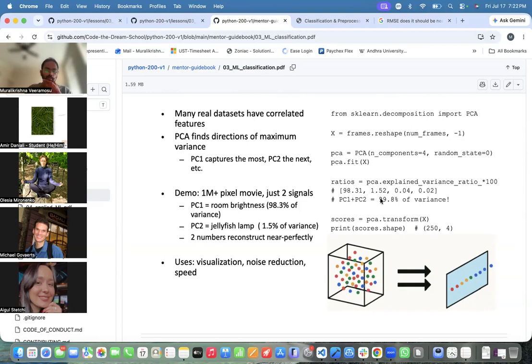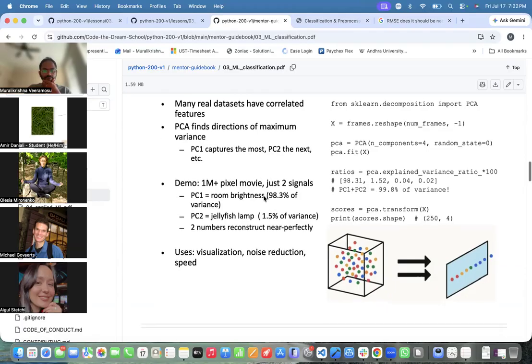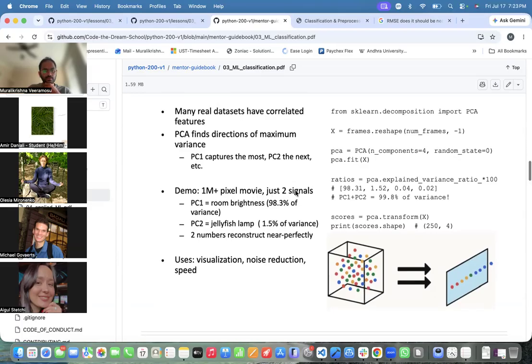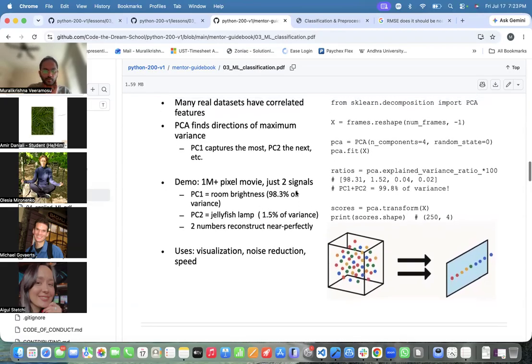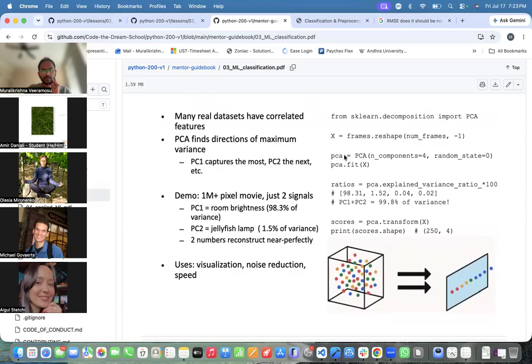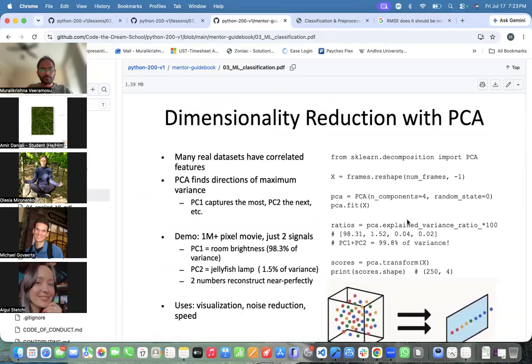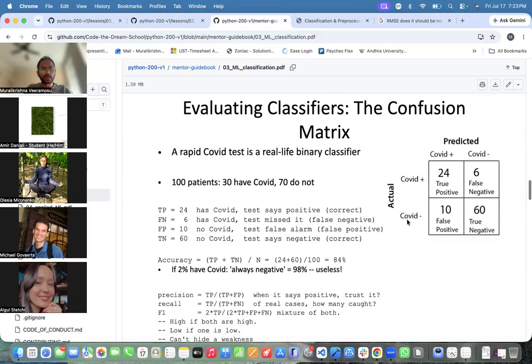So this is an example of reducing from 1 million features to just 2 signals, and you get the same performance. And here is the code for principal component analysis. You were saying how many components are required, and then you were applying transform. So yeah, this is about principal component analysis